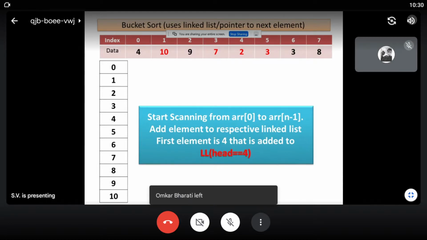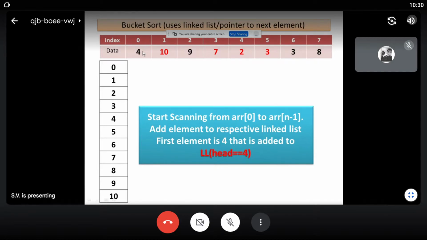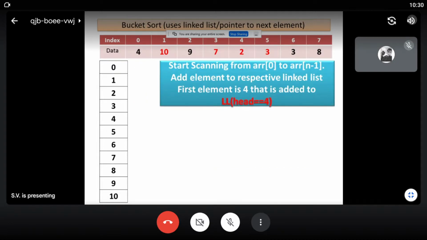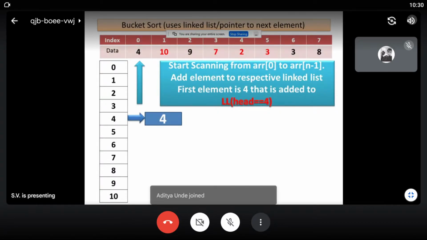You can see the first element at index 0 is 4. Therefore, the head selected for insertion is 4, and based upon that the first element is inserted in the linked list with head 4. Participants, you understood that new memory allocation is done and a node is added with head 4 in the list.